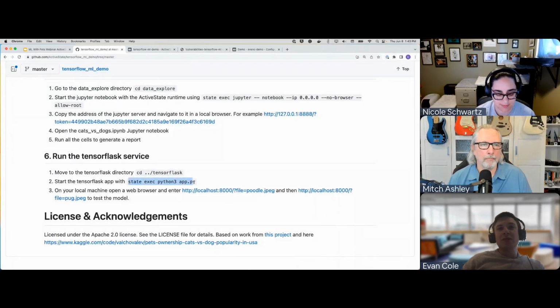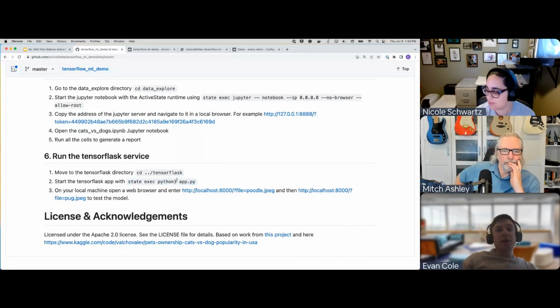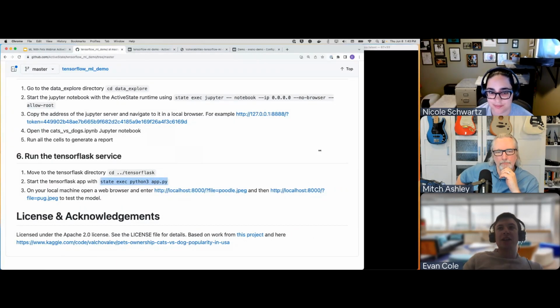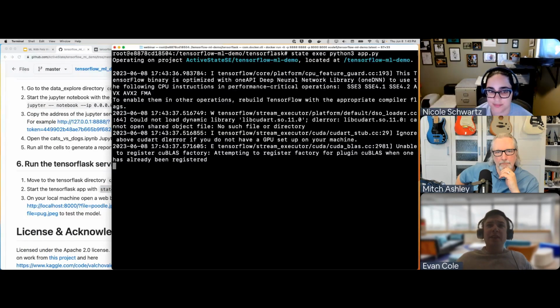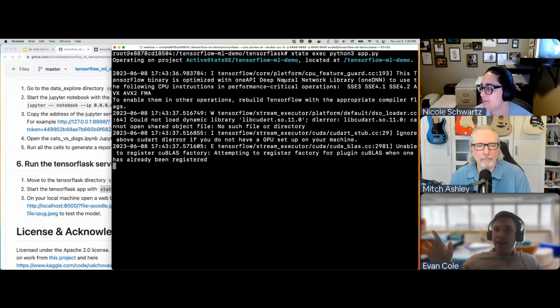And once again, we're going to use that state execute command to run our app with the Python 3 executable. And it's going to do so using the Python 3 executable based on the runtime as specified in our metadata file in that ActiveState.yaml. So let's go and copy this in. And what we're going to see is it starts the TensorFlow model. These warnings are about me not having a GPU. That's okay. TensorFlow can be graceful and actually